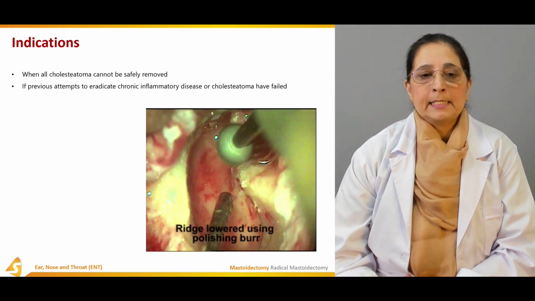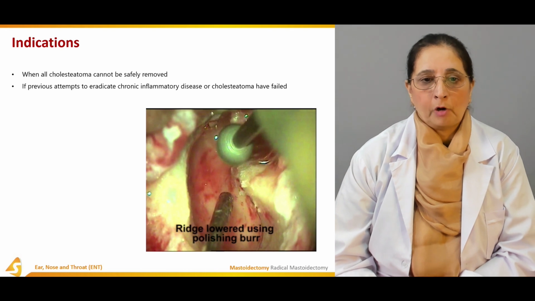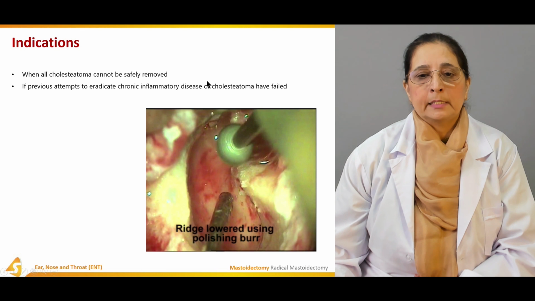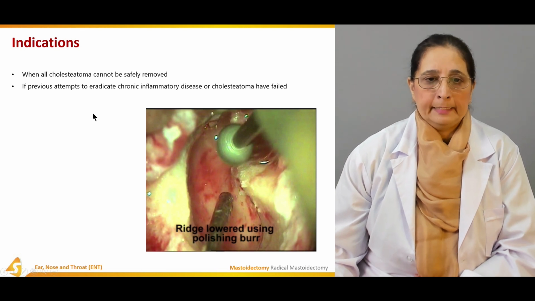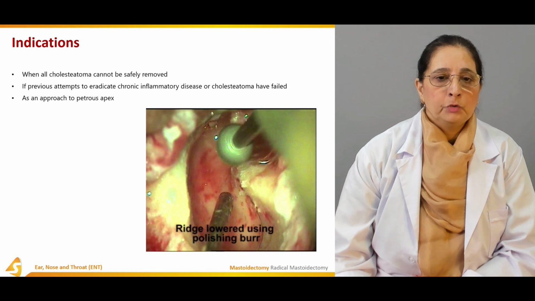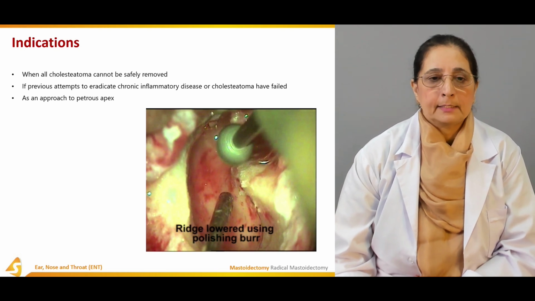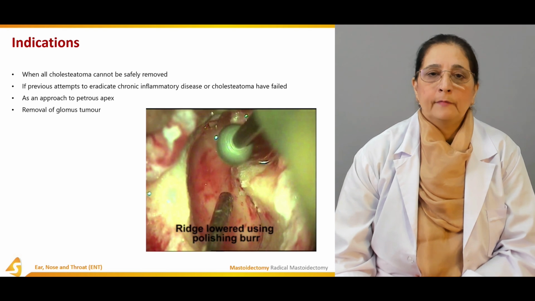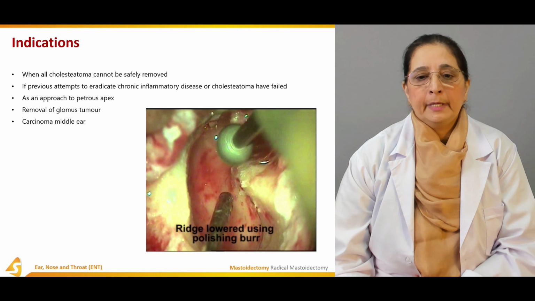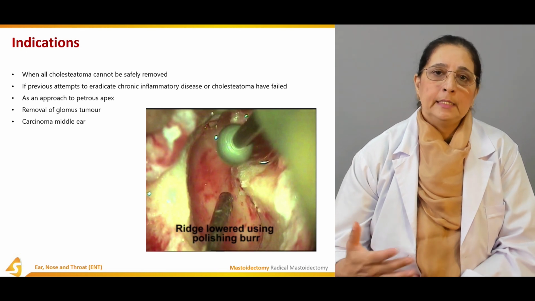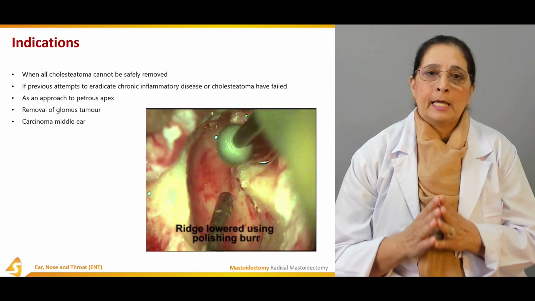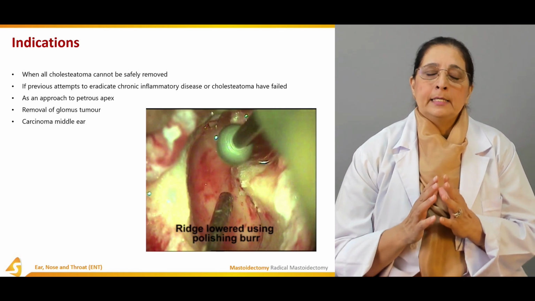If previous attempts to eradicate chronic inflammatory disease or cholesteatoma have failed. As an approach to petrous apex, removal of glomus tumor, carcinoma of middle ear. So all these are the indications in which we perform radical mastoidectomy, and it is the